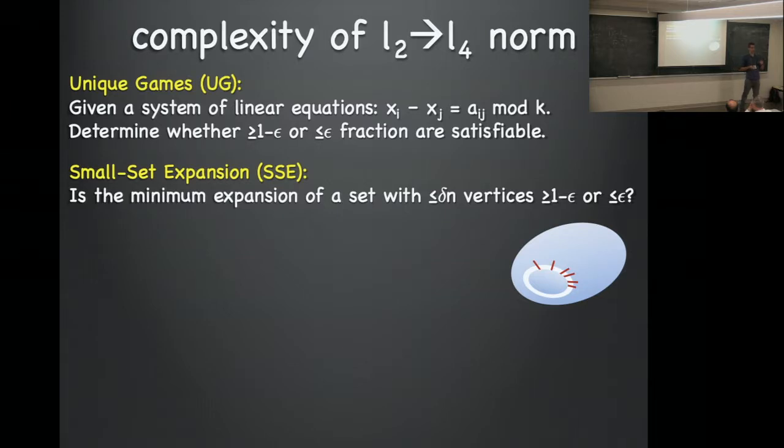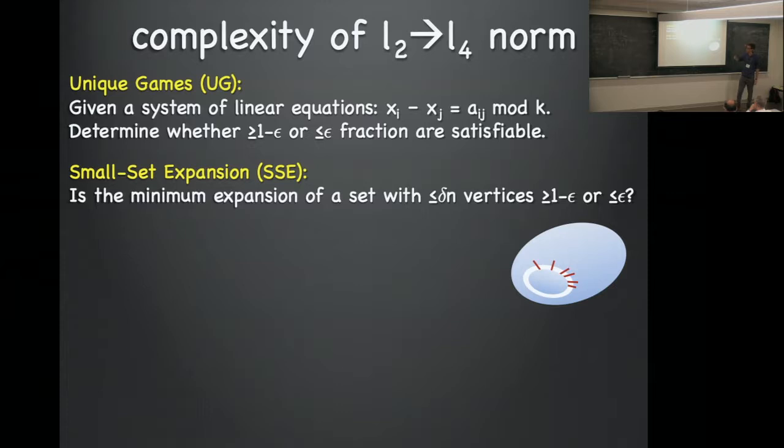So what I mean by that is we say the expansion of a set within a graph. Let's say I have a graph of vertices and edges, and I take a subset. The expansion of that subset is the fraction of edges that start in that set that leave that set. So think of the people in this room, pick a random person in the room, a random person that you know. What is the probability that that random person you know is in the room or outside the room? So if we were like a cult that only knew each other, that fraction would be 1. If we were a bunch of strangers, that fraction would be 0. It'll be somewhere in between.